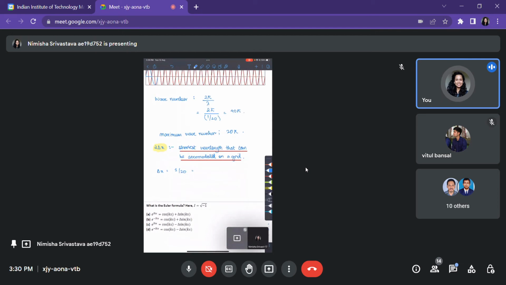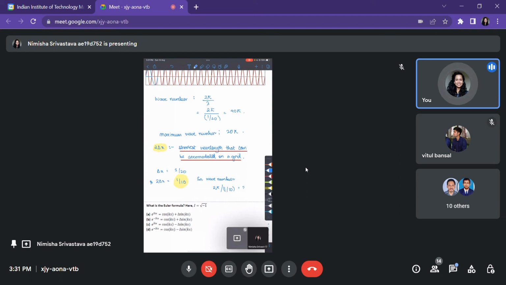So 2 delta x is 1 by 10, and then I substitute this wavelength value back in my wave number formula, and from here I got the 20 pi answer which I gave you earlier. Okay,